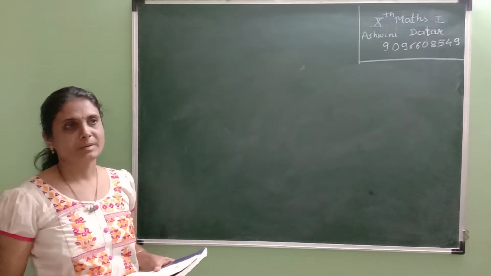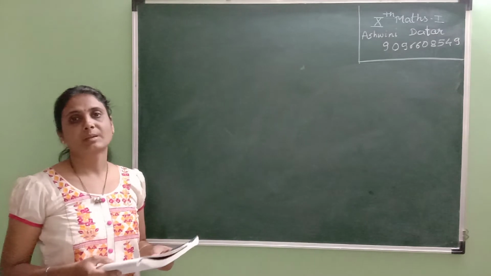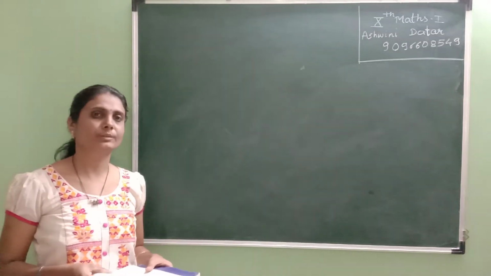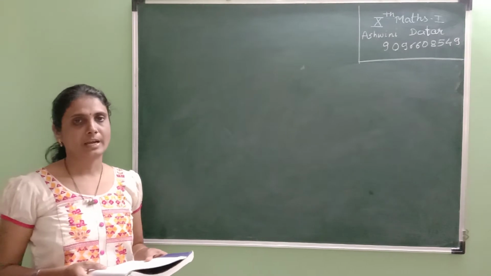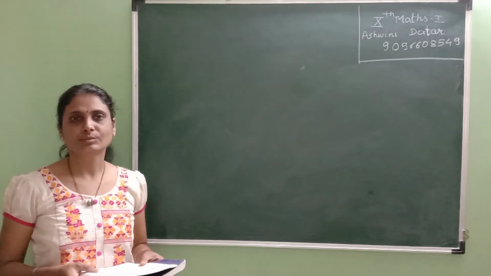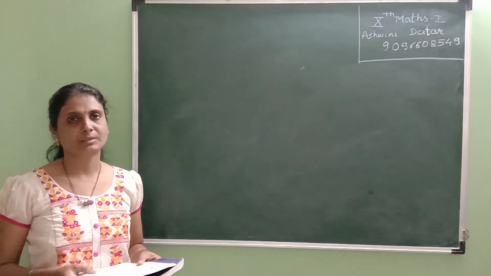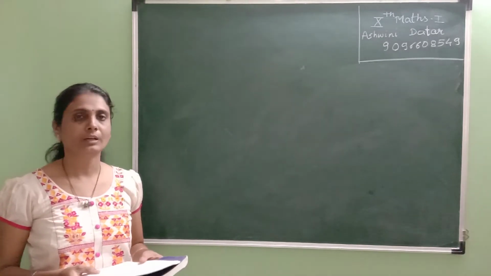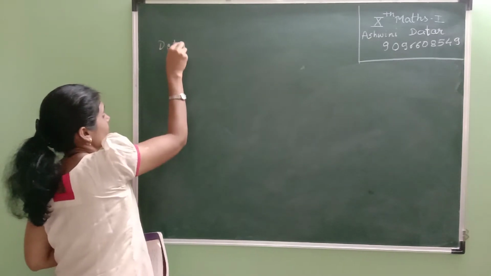The next method by which we can solve the two linear equations is by Cramer's method. But before going to Cramer's method, you should understand what determinants are and how these determinants can be used to solve the equations. So for that, let us see first of all what is a determinant